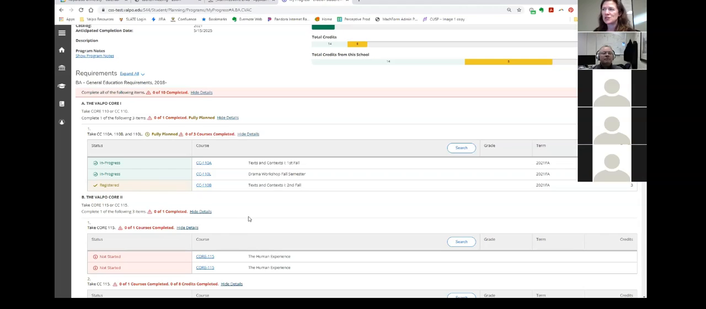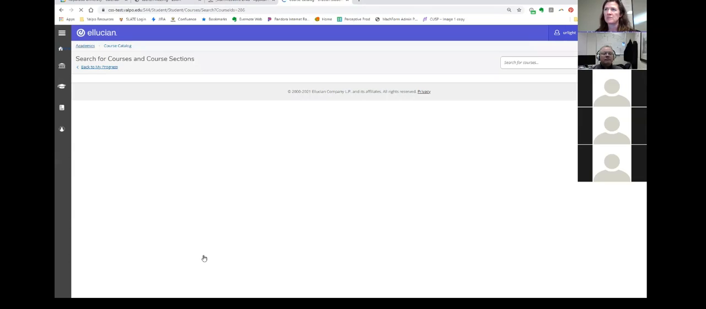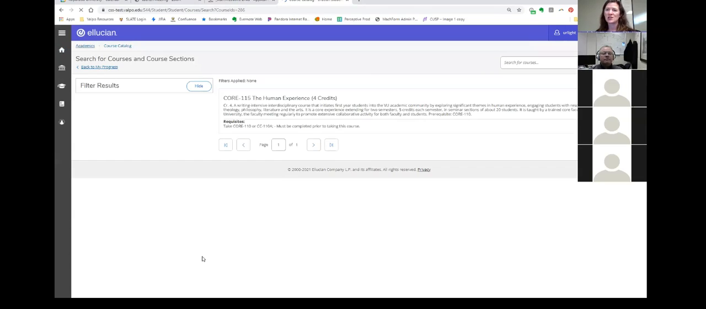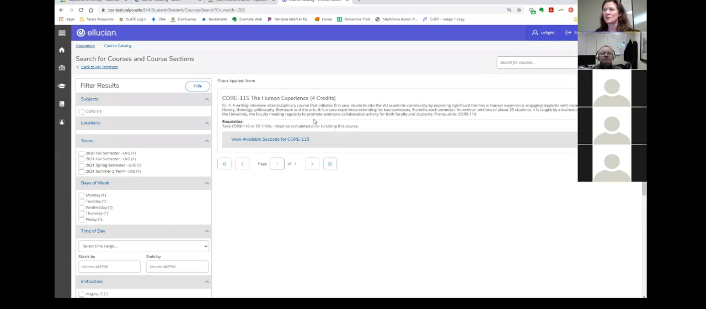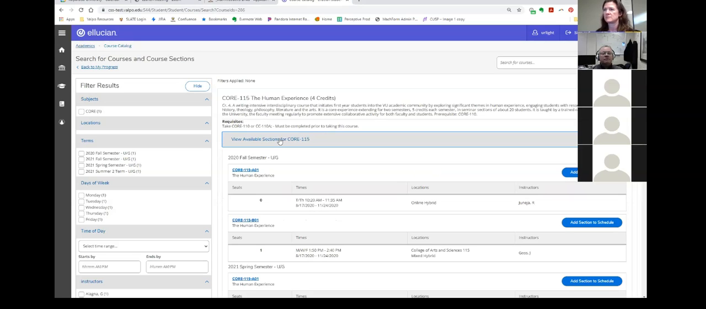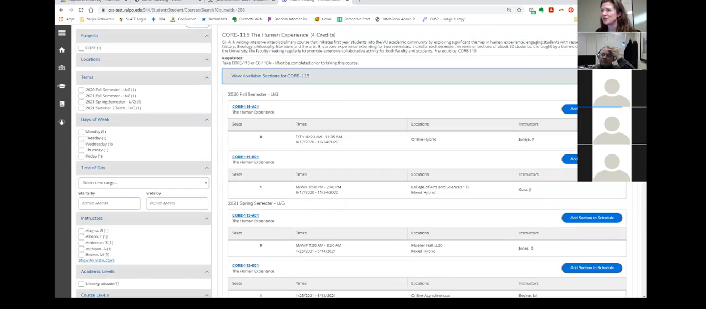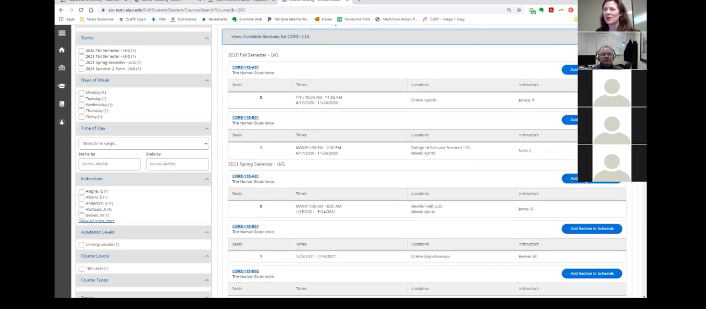But if I wanted to suggest that the student, or if I as the student wanted to go ahead and plan for the future, I could just click on the course here that I still need to take. And that will open up the search for sections right to Core 115. I can view the available sections. And I'm going to put one in 2020 spring, even though that's in the past, but I could go ahead and add that section